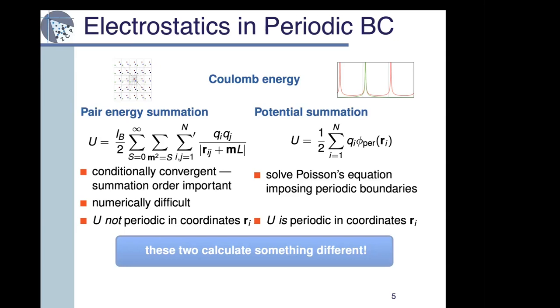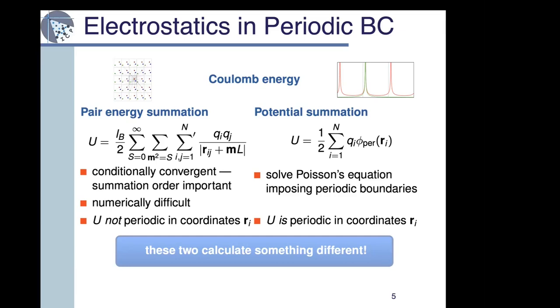That doesn't mean that you did something wrong. It's just you didn't communicate well enough what the summation order is. Now, on the other side, if I do it via potential summation, I have to solve Poisson's equation imposing periodic boundary conditions. So then you get, because you do it on the torus,